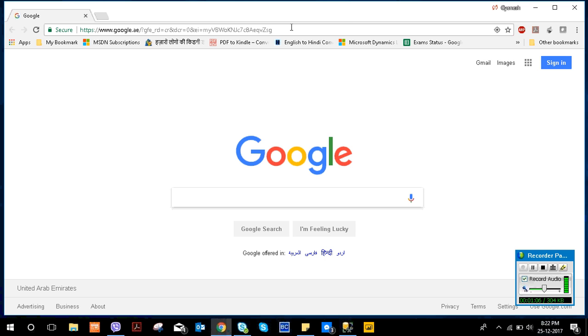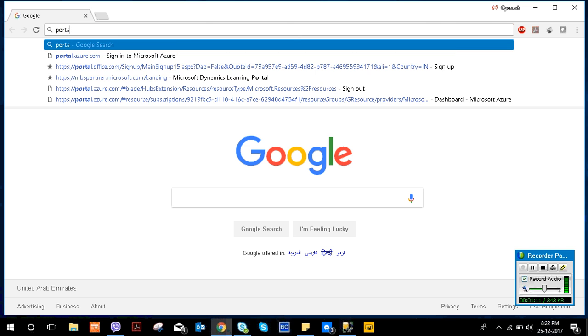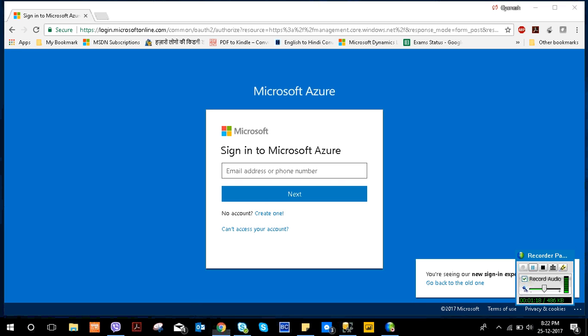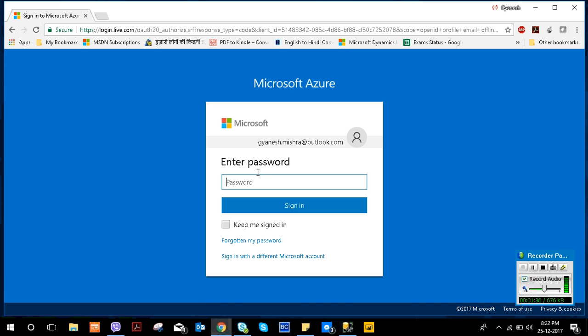So I will go to the address bar and type portal.azure.com. It will ask for your account. I do have my account on this portal, so I'm going to enter my account as ganesh.mishra@outlook.com, then enter the password, and say sign in.